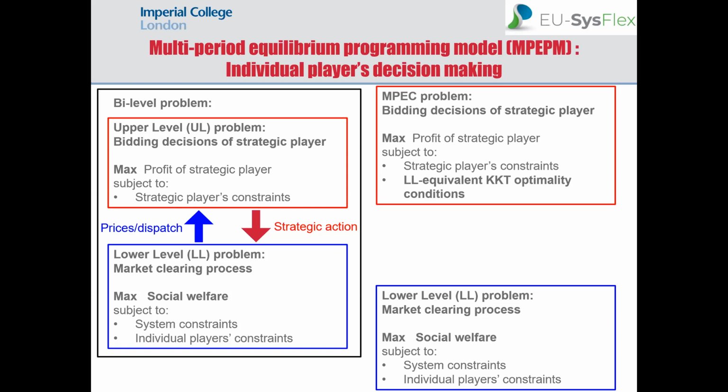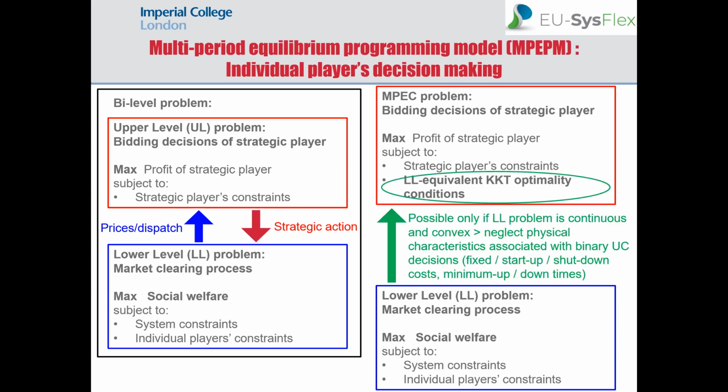And this part is modeled in the upper level problem. On the other hand, the competitive market clearing process, where the market operator collects bids and offers from different players and clears the market by maximizing social welfare, is modeled in the lower level problem. The traditional approach for solving this kind of problems has been to replace the lower level problem by its equivalent KKT optimality conditions, which are then inserted as constraints in the upper level. However, this approach is